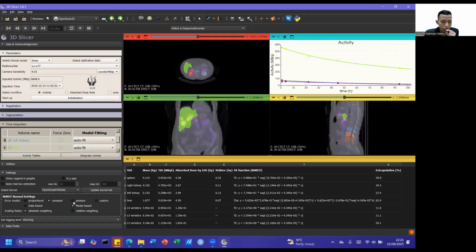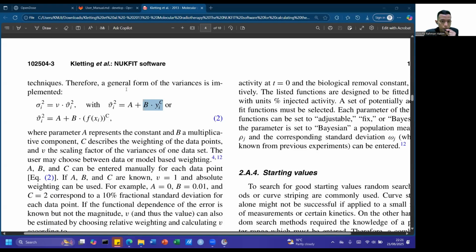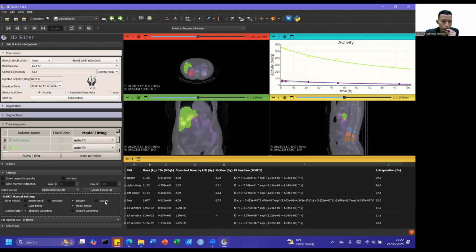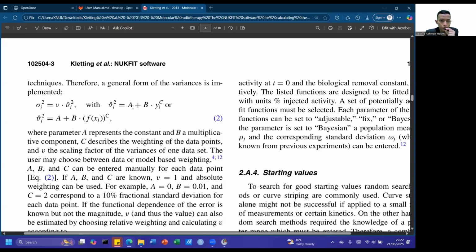The last option is the Poisson. The Poisson error model means A equals 0, B equals the fractional standard deviation, but C equals 1, not 2 like proportional. Also, you can customize your own error model by putting your own values of A, B, and C.